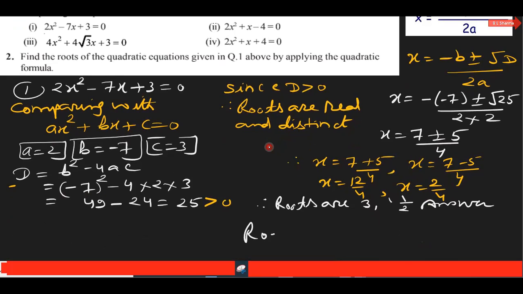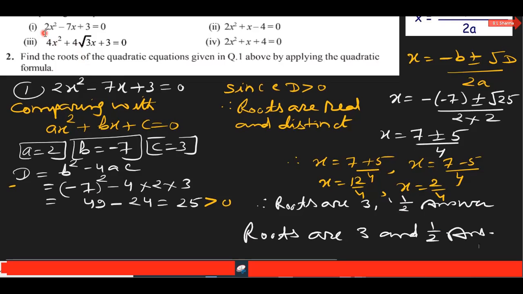So roots are 3 and 1/2. This is the answer of the very first part, that is 2x square minus 7x plus 3. पहले ये पता करेंगे डिस्क्रिमिनेंट से कि रूट्स रियल है या नहीं है। रूट्स रियल है, देन वी हैव टू फाइंड आउट दी रूट्स, अदरवाइज नॉट।